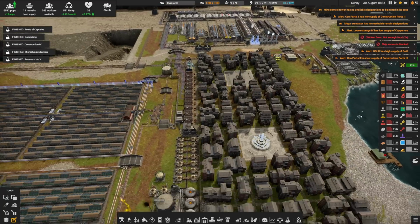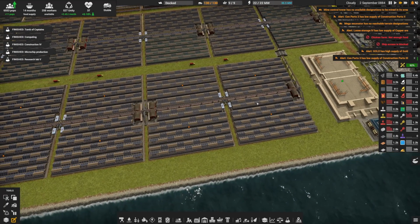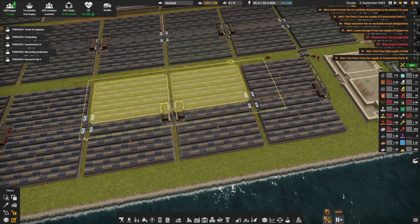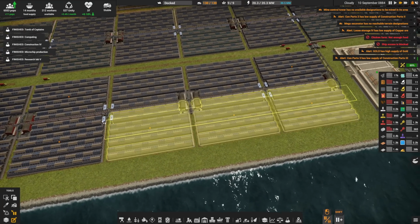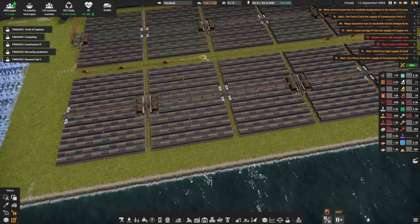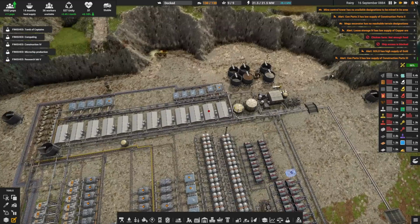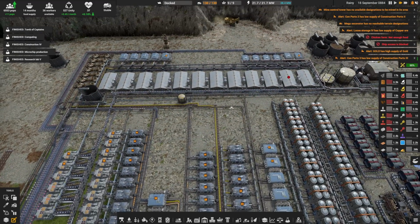Next thing we want to talk about is these farms. These farms are being queued up. They are ready to go. We are going to be planting wheat and corn because, well, why not? I still have chicken farms that are starving. Can we unpause those? Cool. I still have chicken farms that don't have enough food, which means we just need more food, which we're just going to unpause more farms. Because we'll unpause more farms, that means that we are